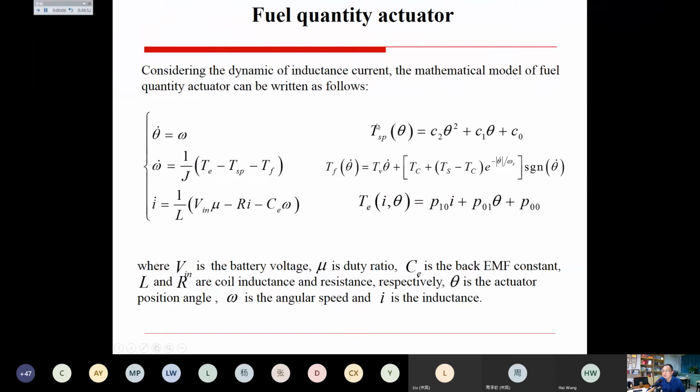We have an SP called spring. We have a nonlinear spring here. You can see it's nonlinear, right? We have a friction torque, TF. You see, it's a strong nonlinear function. We have